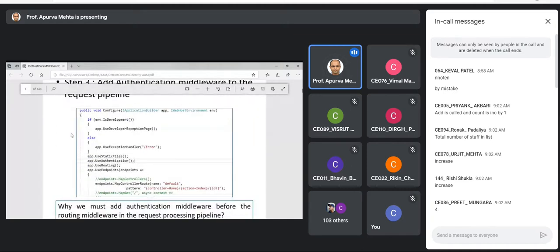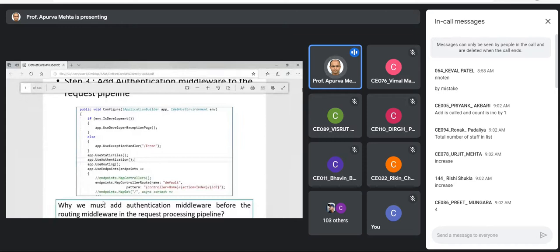Next, now you want to perform authentication, right? So you need to register it because authentication is nothing but a middleware. So we need to register it with the HTTP request processing pipeline in the Configure method of the Startup class. So where should we register it? Definitely before UseRouting, because routing will go to the controller, see the action method and start executing. But before that, we must check whether the user is authenticated or not, right? And that's why we should use authentication middleware before routing, but after static files.